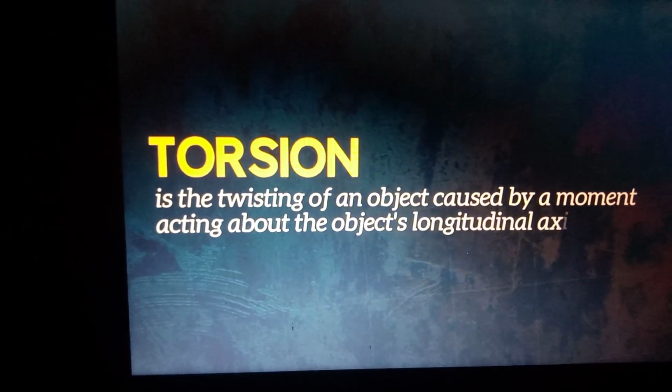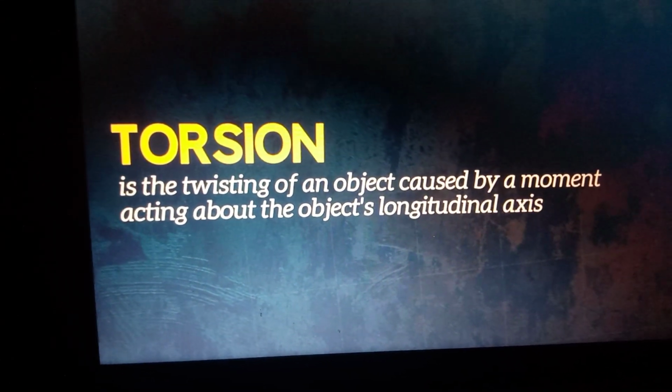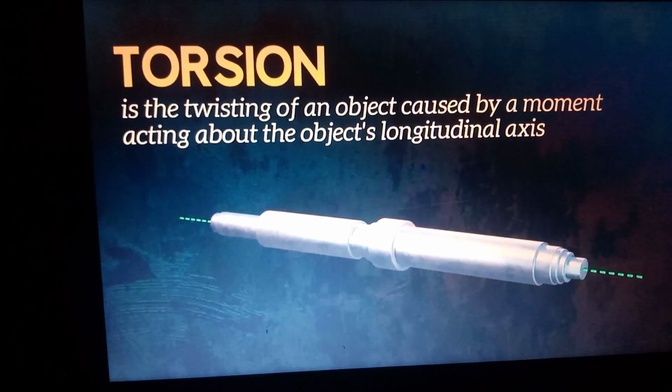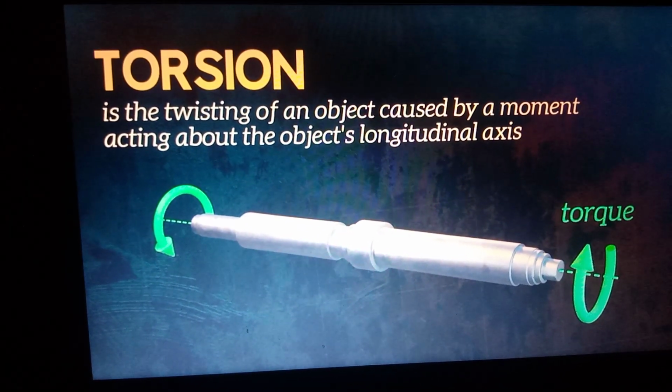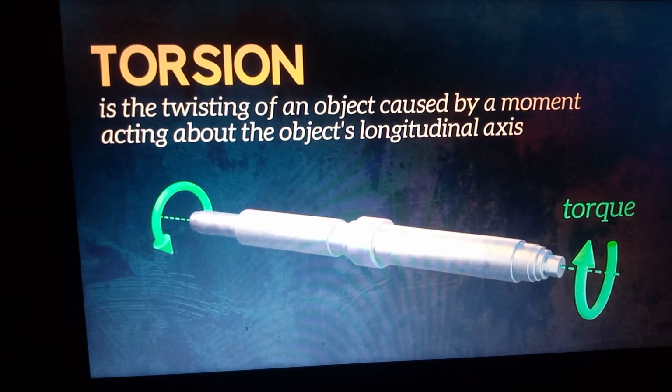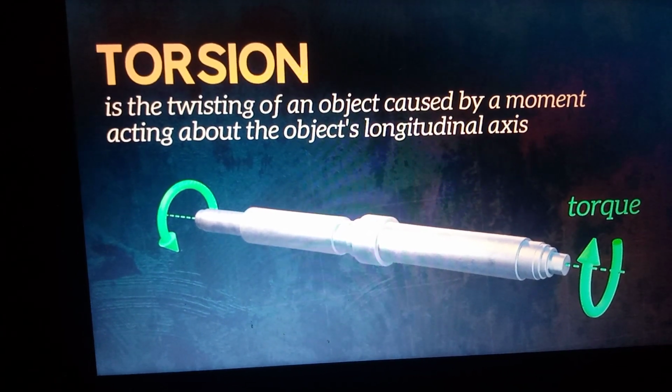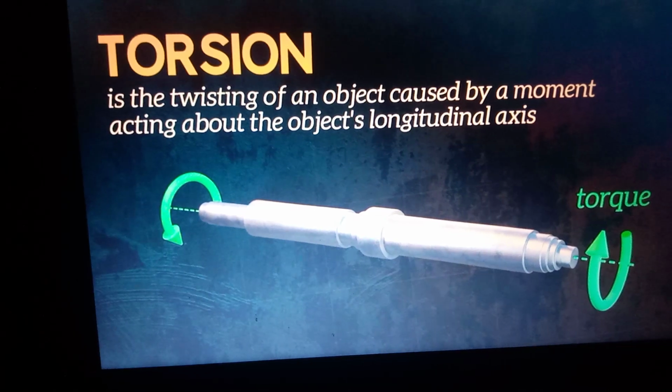...acting about the object's longitudinal axis. It is a type of deformation. A moment which tends to cause twisting is called torque. A common example of an object subjected to torsion is the transmission shaft, which is used to transmit power by